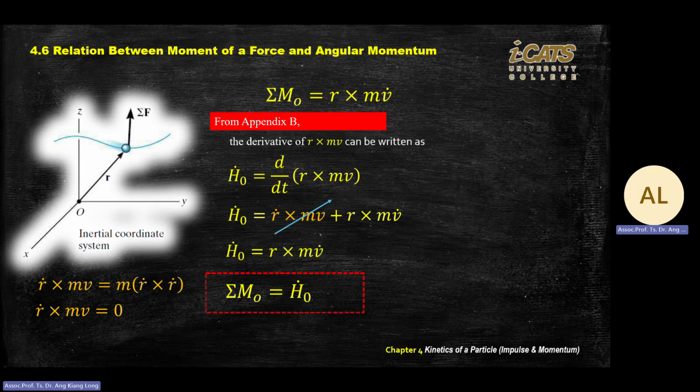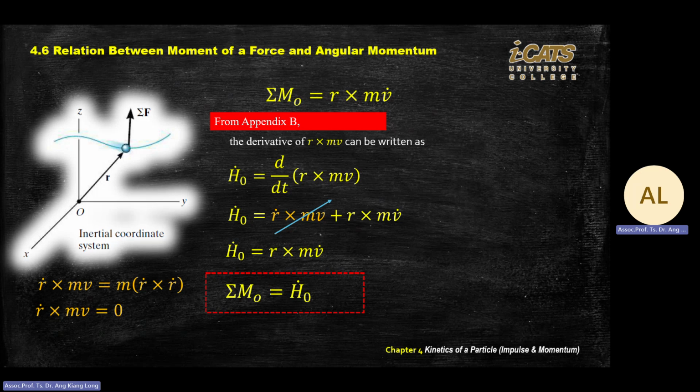Okay, what is important is your momentum. Why is this important? This is just a derivation. What is important is the red bracket here. The moment created on the O side by the force will equal the time differential of your angular momentum, H dot. If you want to convert the angular momentum back in terms of force, multiplied by the r,